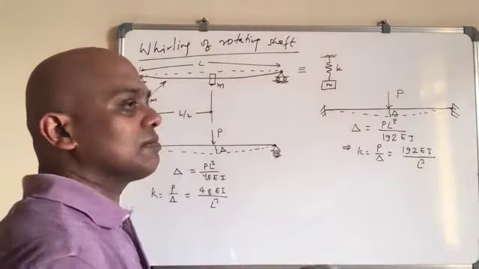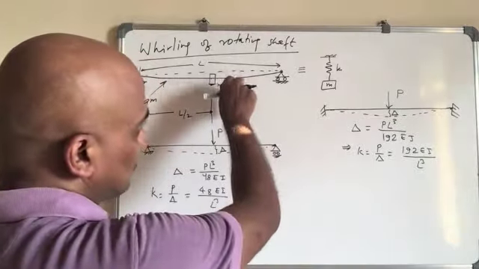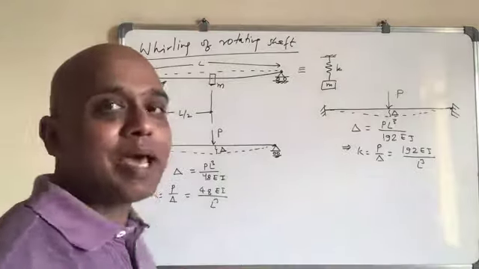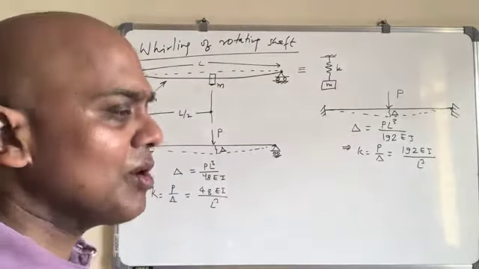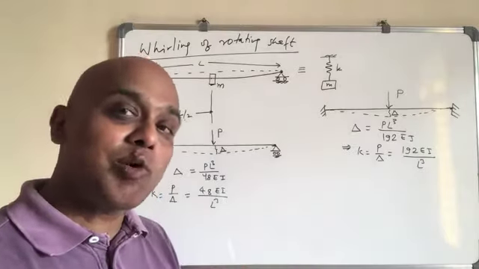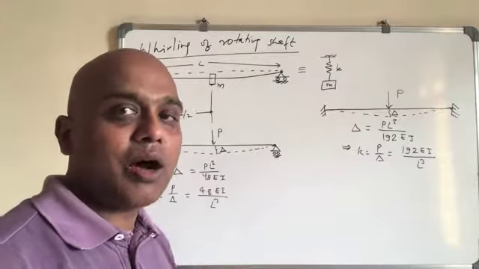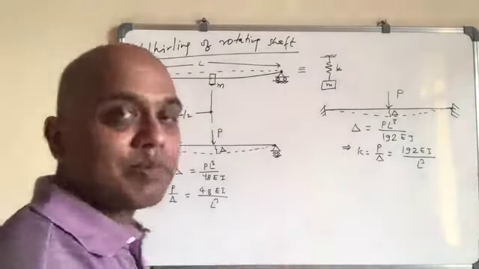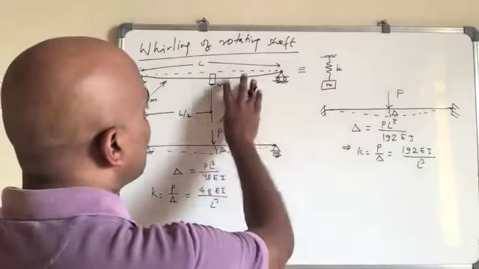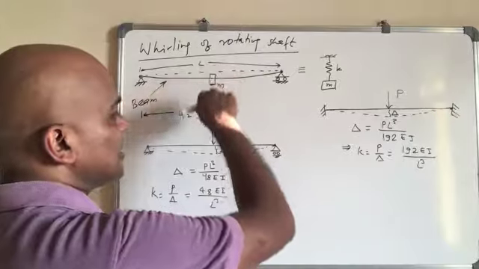In fact, even if this mass is not there, if you give some disturbance, it will start vibrating. This is because the beam or the shaft has mass, basically, with its own stiffness and its own mass. The vibration of a string or the beam happens because of that. But in this analysis, we will assume that there is no mass of the shaft, only the mass that comes from the rotor which is attached.